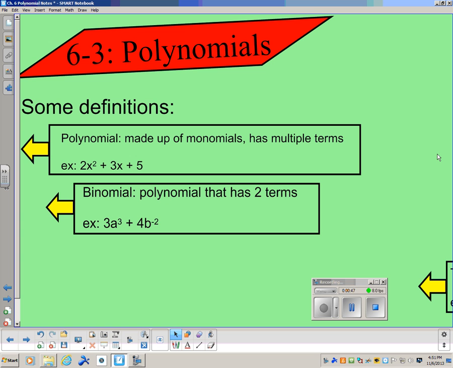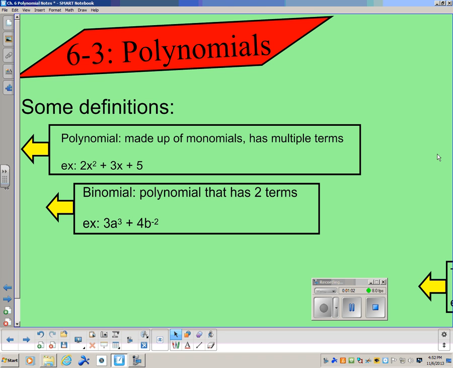And then we've got a binomial. That's a polynomial that has two terms. For instance, 3a to the third plus 4 times b to the negative 2. That would be a binomial because there's two terms. The 3a to the third is one term, and the 4b to the negative 2 is another term, and they're